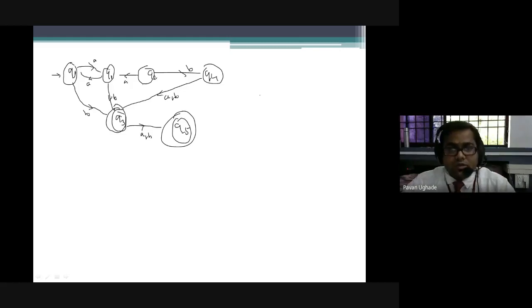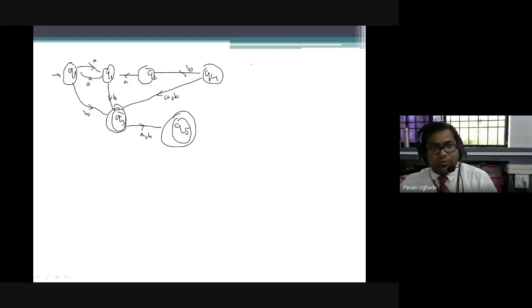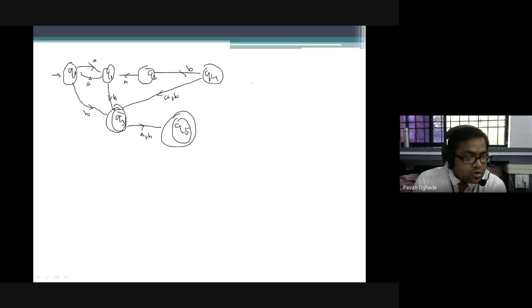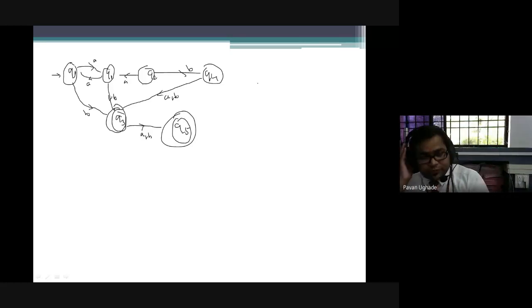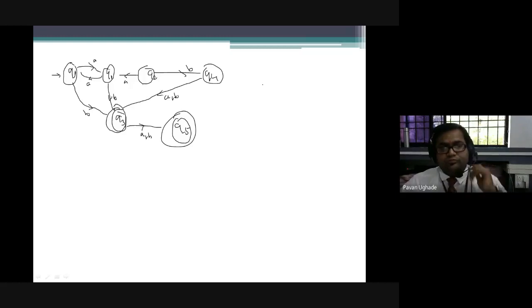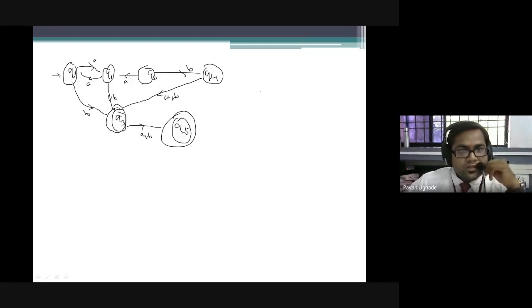So actually, before you solve, I hope you people have noted down. Please take another 1 minute and note it down. We'll be seeing one more important state here. Is there any doubt about this diagram? Is there any alphabet you don't understand? Tell me. The transition of Q5 over A, B.